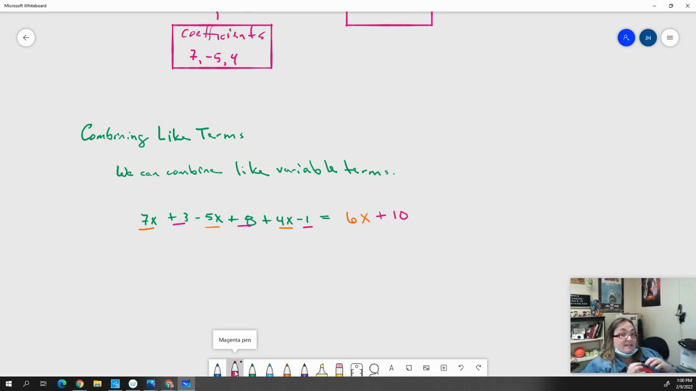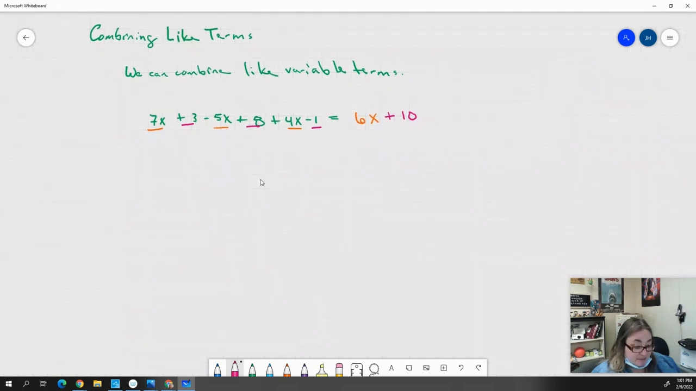And so I've combined the like terms to simplify this expression. What was all of this jumble can more simply be written as 6x plus 10. And that's all we're talking about with combining like terms, right? It's simplifying expressions. So we'll just do a bunch of examples of that, and you'll have a Delta Math assignment, but that's literally all we're kind of trying to do in this video, really, is to